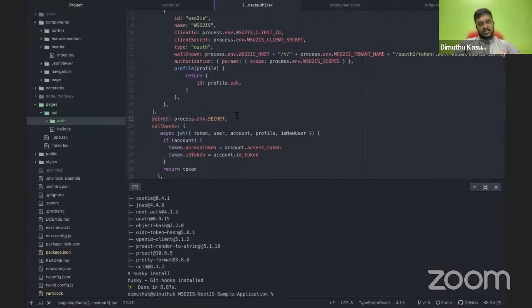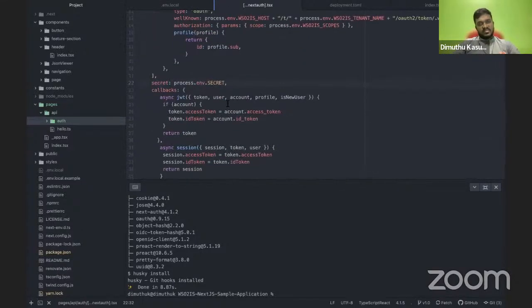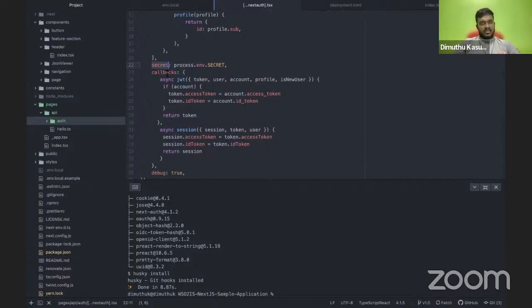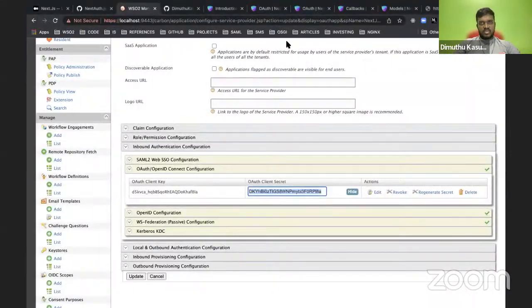This is not mandatory for our scenario, but if we don't specify this in our configuration, when running the application, Next.auth will show us a warning. So to avoid that, I have added this secret property here. And next important thing is this callbacks. So if I show you the documentation,